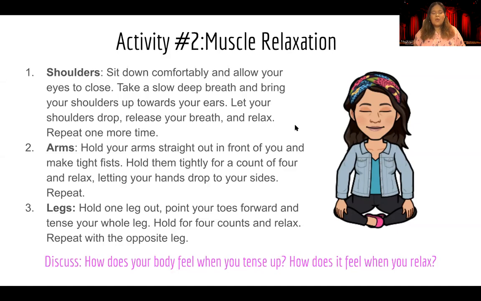Then you're going to take 1 deep breath in, and when you inhale, you're going to tense up your shoulders and make them as tight and lift them up as high as possible. And then when you breathe out, let it go completely. Drop your shoulders, drop all tension, let your arms flop down. Okay, let's try that one more time.